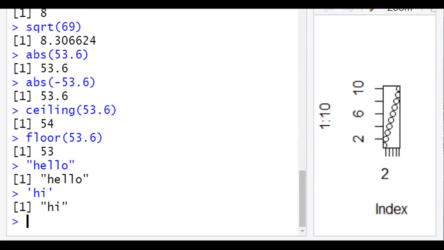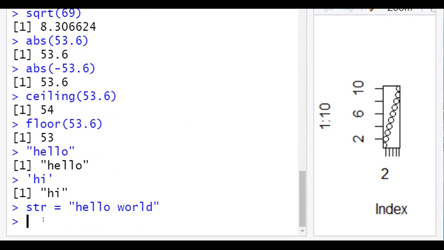We can have string variables also, so we can store them, like this.